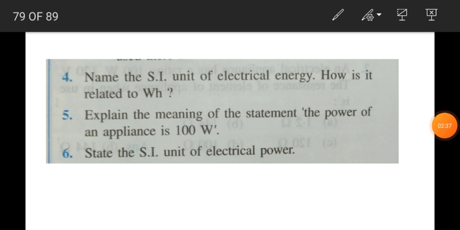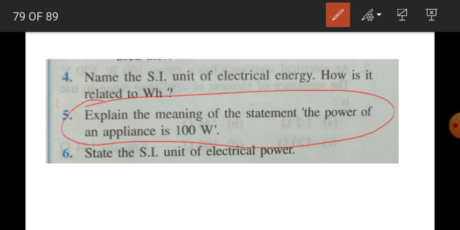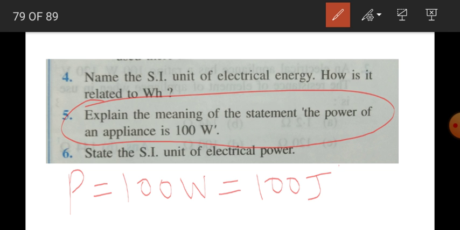So these are a few questions. Explain the meaning of the statement: power of an appliance is 100 watt. So suppose that there is an appliance whose power rating is 100 watt. So what is the meaning of this actually? It means it's converting 100 joule of electrical energy